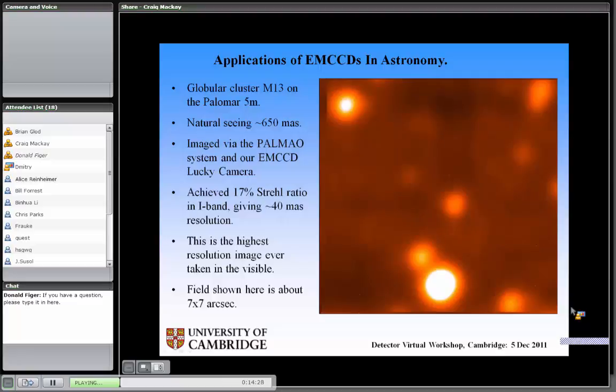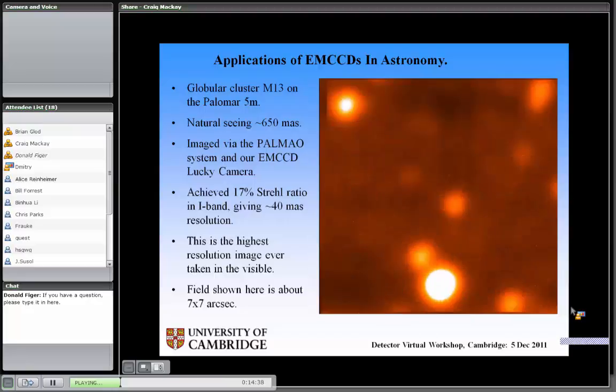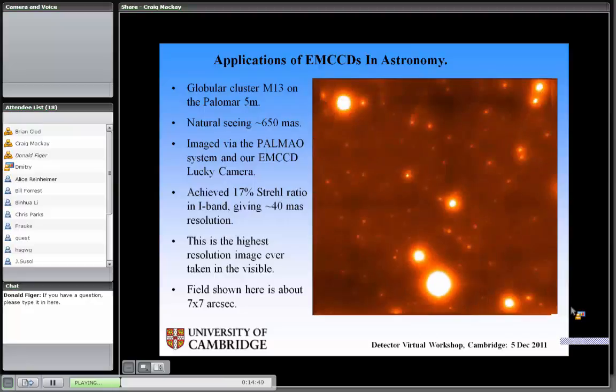The field of view is very small indeed. It's only 7 by 7 arc seconds here. But this is the picture that we got by using our lucky camera and the AO system. It's the same piece of sky, and it's almost unbelievable that it is like that. But you can see the image quality is extraordinary. And this is really a very, very great success, but it's only possible because we do have photon counting EMCCD